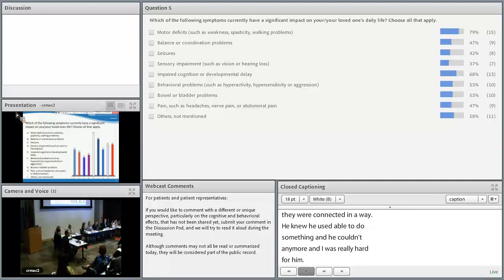Okay, thank you. We heard about the progression of the language challenges as progressing slowly. Can I just ask, does anyone have an experience where it happened more rapidly? In the back there?